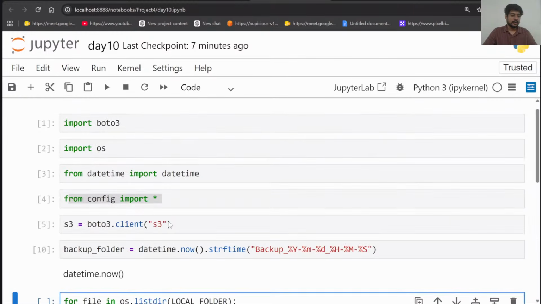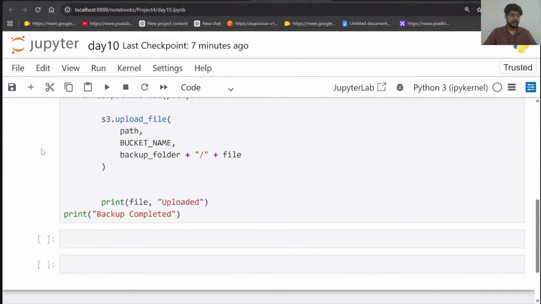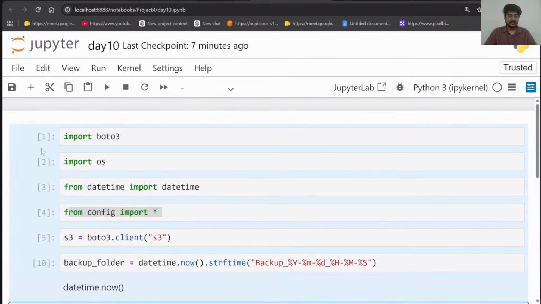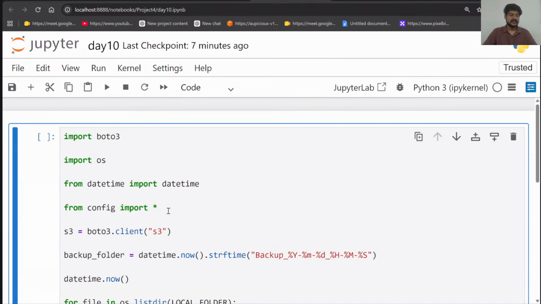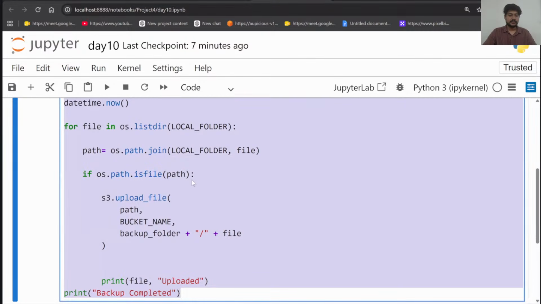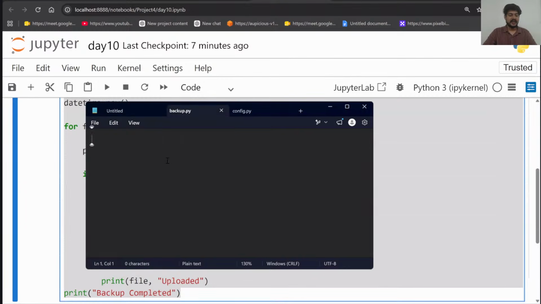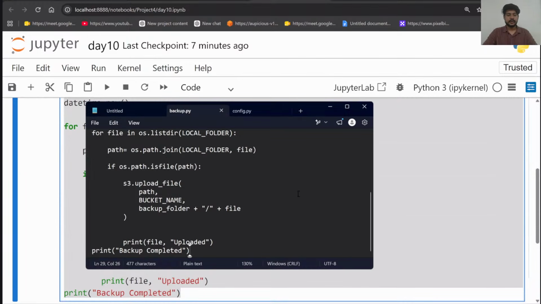I want to merge this entire code, guys, into one single cell. So let me select all the cells and let me press Shift and M. So yeah, all the cells will get merged over here. This is the entire code for backup. I'm storing it, maybe pasting it into the backup file. So backup.py, यहाँ पे paste कर देते हैं इसको. We have pasted this code.